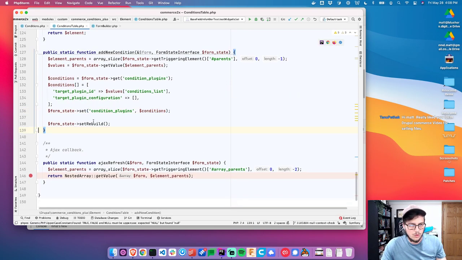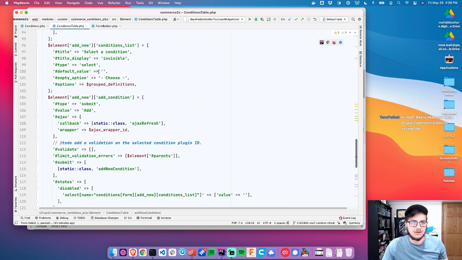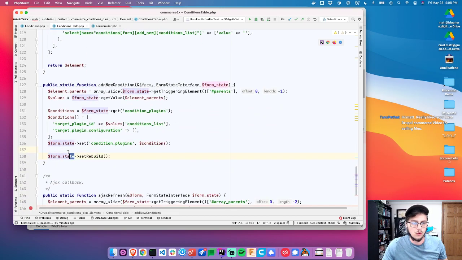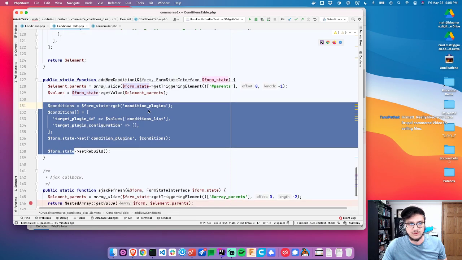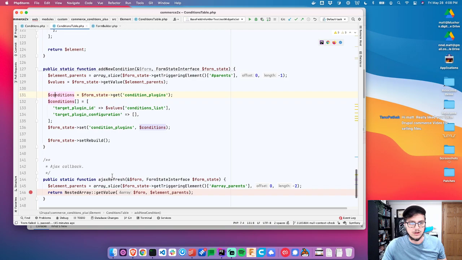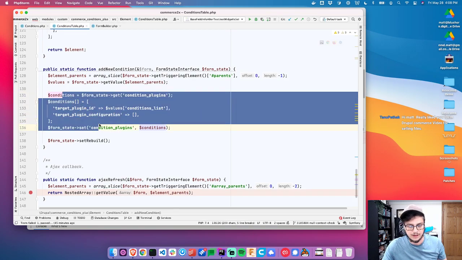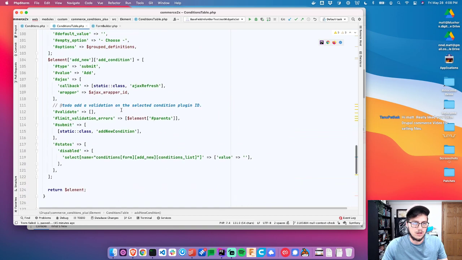So what we're doing is in our submit, we're going to manipulate the form state and then tell the form state to rebuild, which means it will come back and it is going to build our form and we'll be aware of any changes in the form state. Without set rebuild, our form would end up being called and then pass the Ajax refresh without these values being respected. So now we're going to go into here